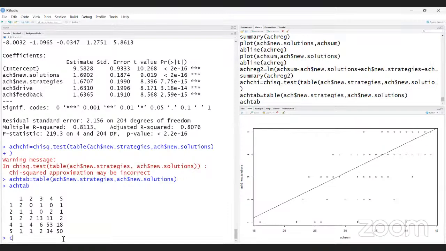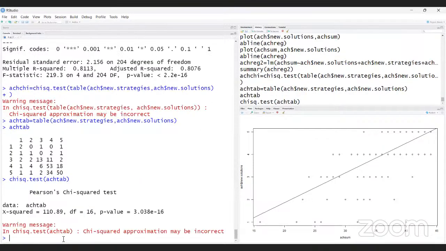Now I am writing chi-square dot test, bracket, ACH tab. Yeah. Now I get the chi-square value is 110.89 and df is 16 and the p-value is highly significant.